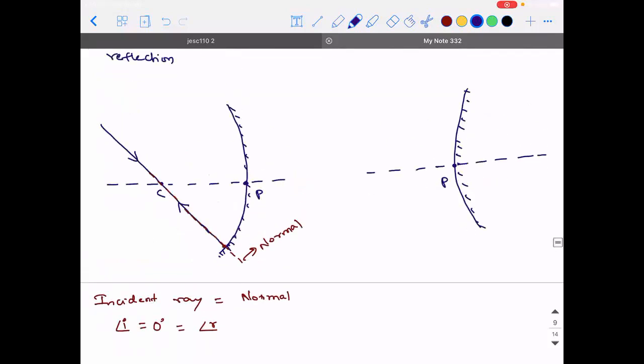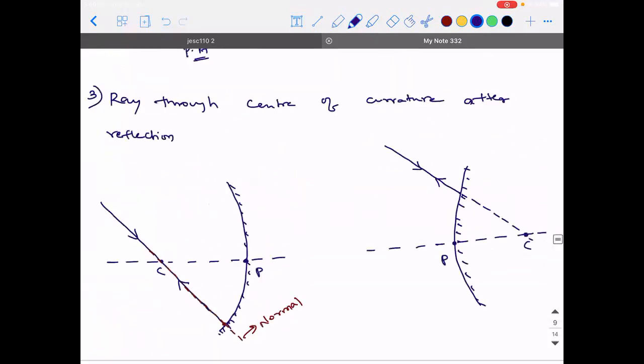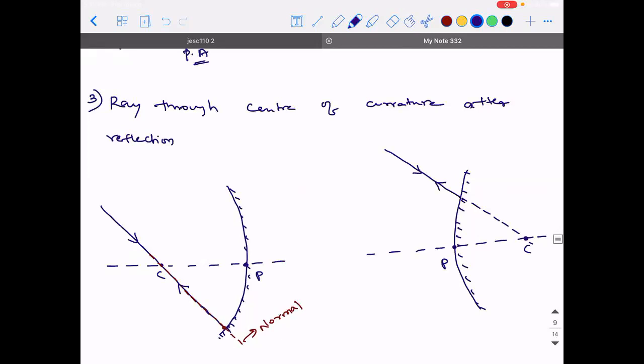In a similar way, here the center of curvature will be there. Obviously, you can't pass it through the center of curvature, so it is only going to appear as if it is going to pass through. Means when it is directed towards that point, this mirror is going to act like an obstacle. And the same story is going to happen here also. So what we are going to say, completing the statement: after reflection, it will retrace its path.